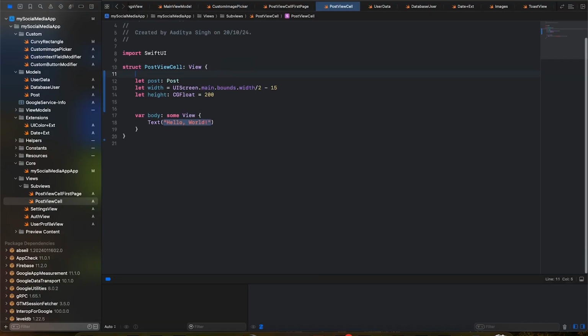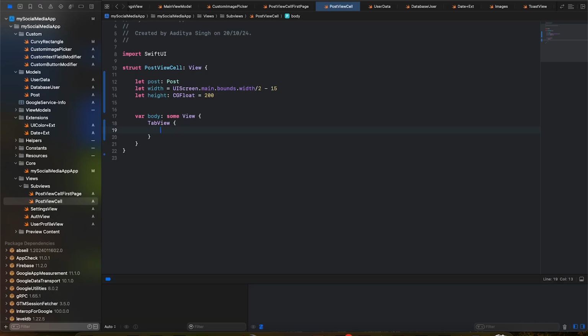So I've defined these constants to use, and it takes in an argument obviously of the type post. Now what we can do is remove this and open a tab view. A tab view would help us use the whole thing basically. I meant to say that we need to use the image URLs here and show them to our